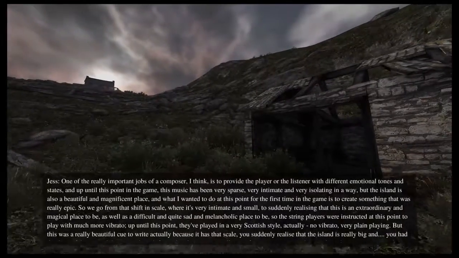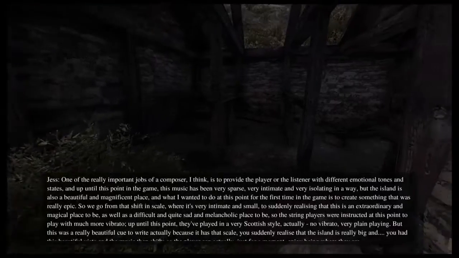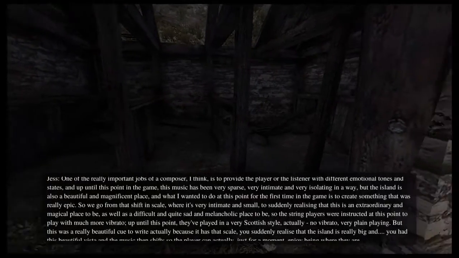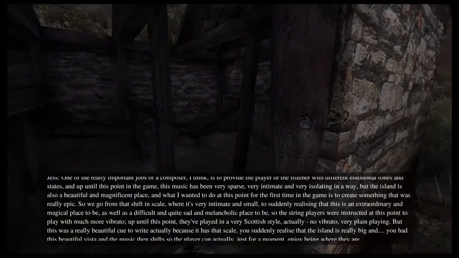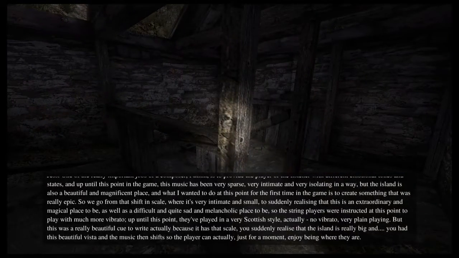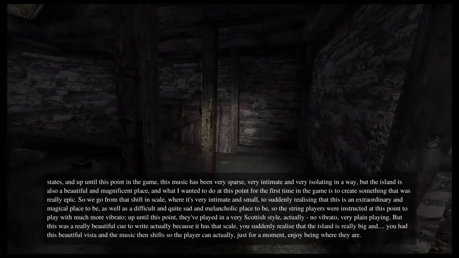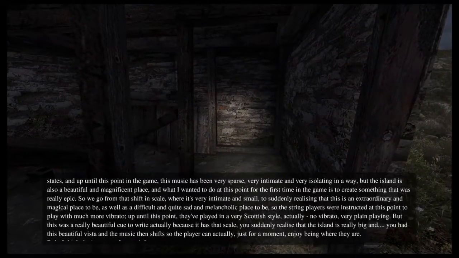One of the really important jobs of a composer, I think, is to provide the player or the listener with different emotional tones and states. And up until this point in the game, the music has been very sparse, very intimate, and very isolating in a way.